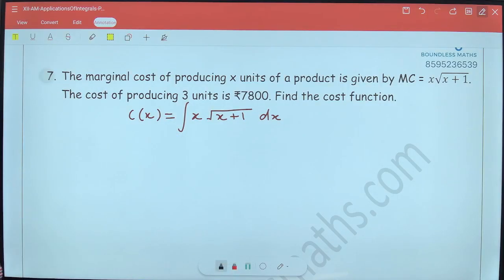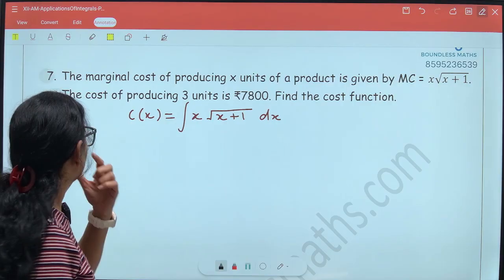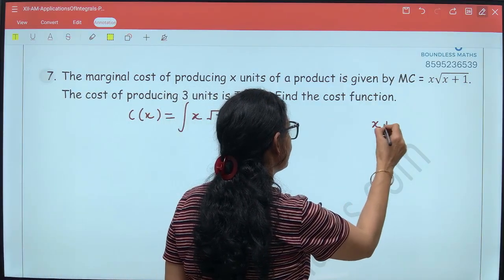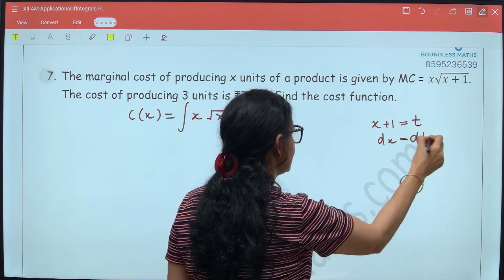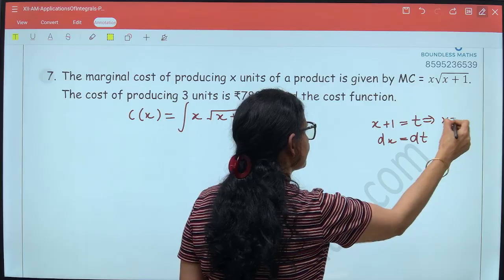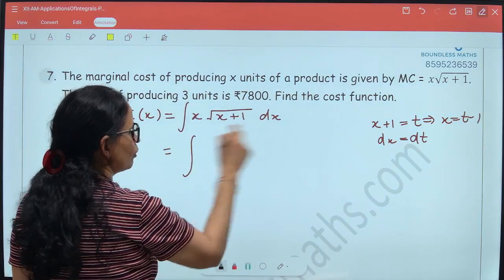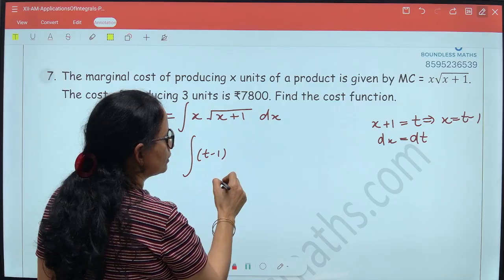integrate this? Look at the pattern of the question. Is it fitting into any of the patterns? Partial fractions, no. Parts, no. Substitution, yes, maybe. So let's try. So let's put x plus 1 as t, dx is dt, and from here we have x equals t minus 1 also. So this becomes integral of, in place of x I can write t minus 1 and square root